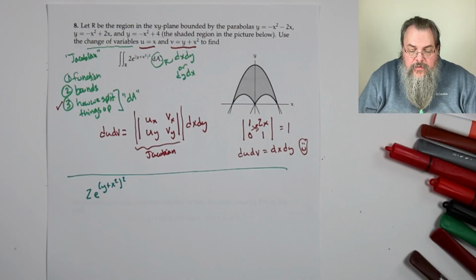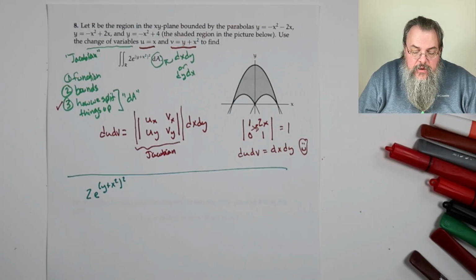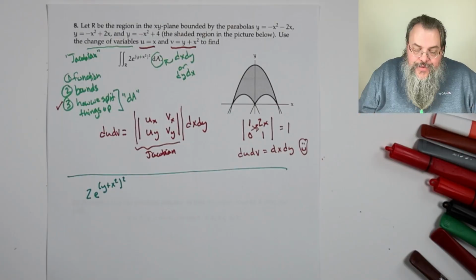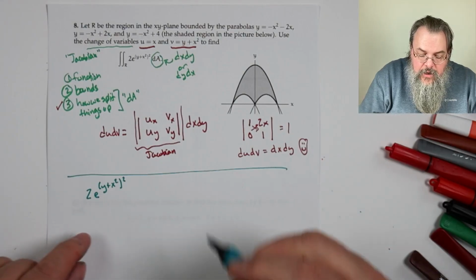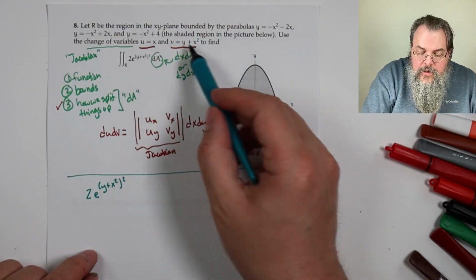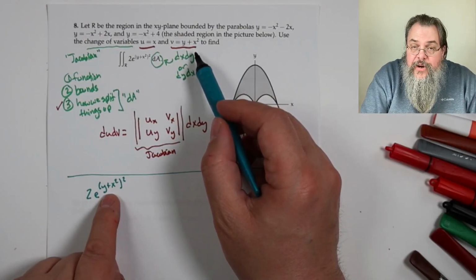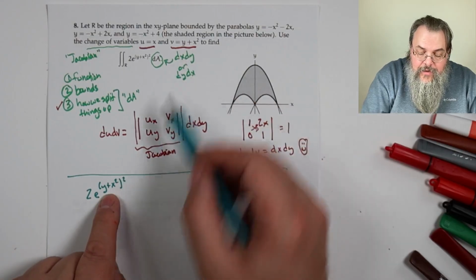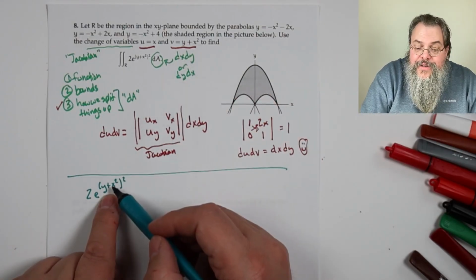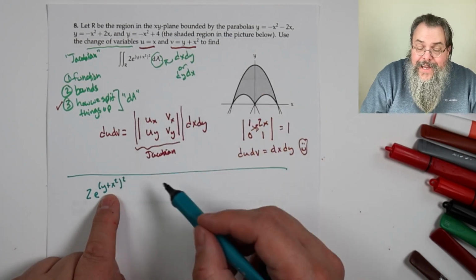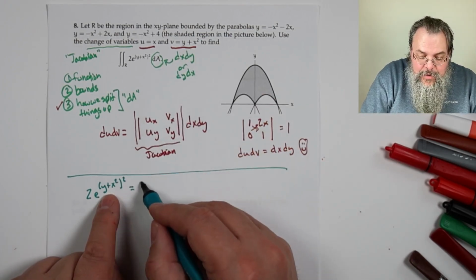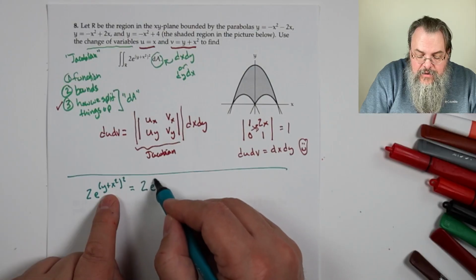Well, we need to somehow rewrite this in terms of u and v. So we say, well, look for u and v. And we say, well, wait a second, y plus x squared, that looks like the y plus x squared. It's exactly it. So this is going to become 2e to the v